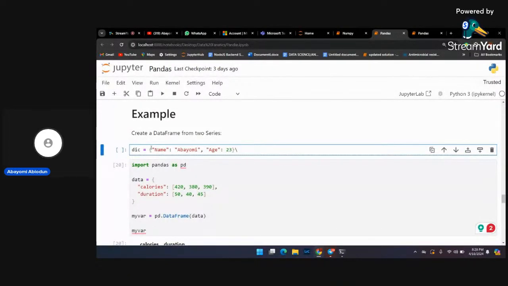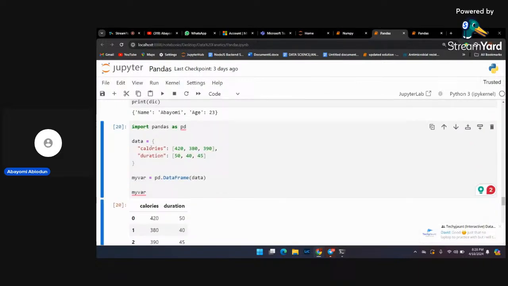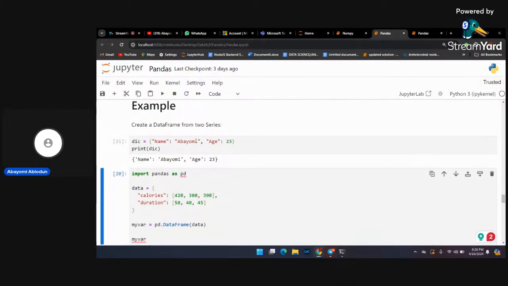Let me stop there so that I won't take much of the time explaining this. So you will see that we just have name Abayomi and age. But in this regard, I can only assign a single value to a key, which is Abayomi to name, 23